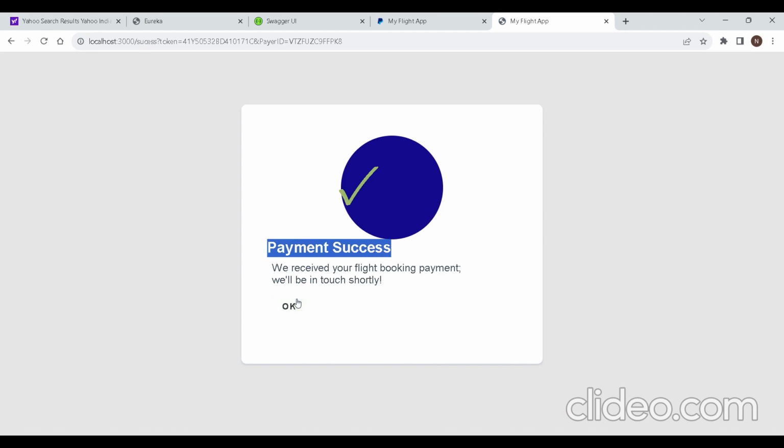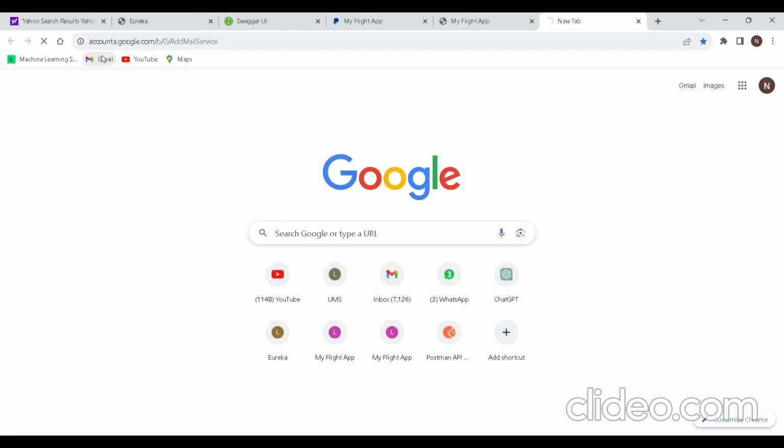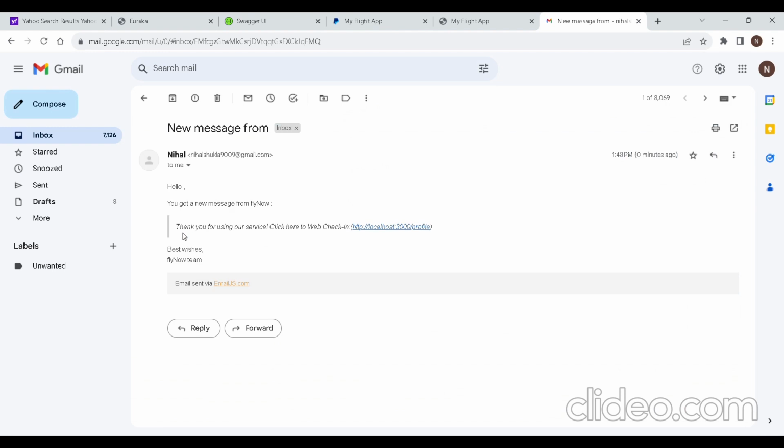If I click on the OK button, it will redirect me to the home page and send me the mail of the confirmation of the payment. This is the mail: Thank you for using our service. Click here for web check-in. If I click on this URL,